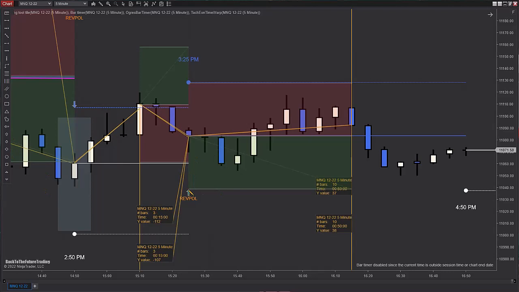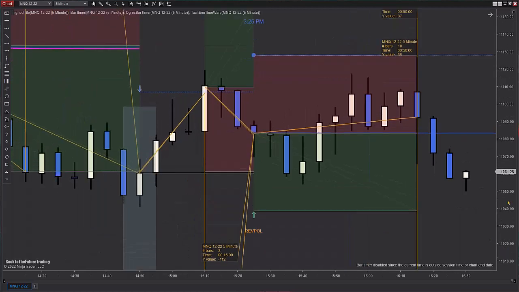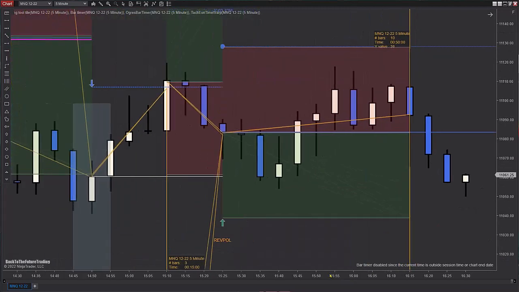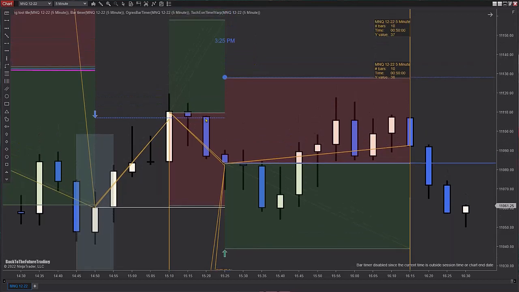So I'm actually calling this a rev poll up. We have a blue. With the blue, that means we do the opposite. That's why, because somebody asked in the beginning, well, why are you in a long at a sell dot? Well, that's why, because I'm calling this a rev poll. You could also call this thing a pattern 4, or you could also call it a pattern.